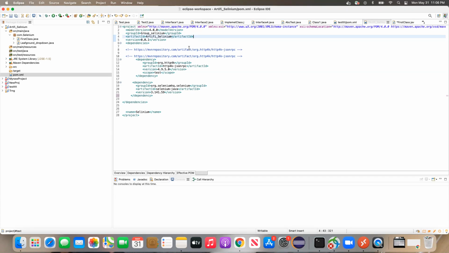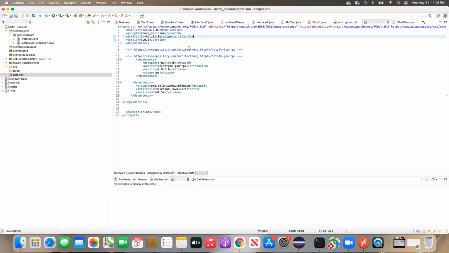Okay, for now you can understand it this way. At some point there will be a parent group ID, and you will relate multiple packages into that. That is a little bit further along, but for now you can just understand it as a package where you have multiple classes inside. So multiple classes or multiple projects can be put inside that. That's what it is.